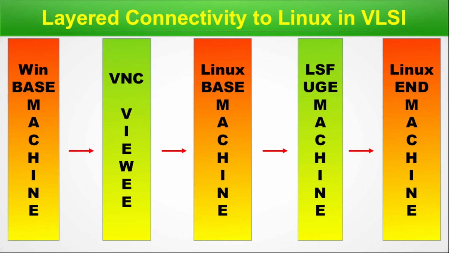Now let me bring my mouse. Generally, once you have the Windows machine on and you have the VNC turned on and you have gone to this stage, you will stay at this stage only and you will move to and fro in these three layers. Okay, so this is the general practice. Once you log out, you log out from this and you come back to your Windows. Again, once you log in to VNC, first you go there and then you go to the Linux base machine, and from there you fire the LSF or UG jobs, which will run at the high-end Linux machines. So this is the architecture, how the Linux machines are used in VLSI.